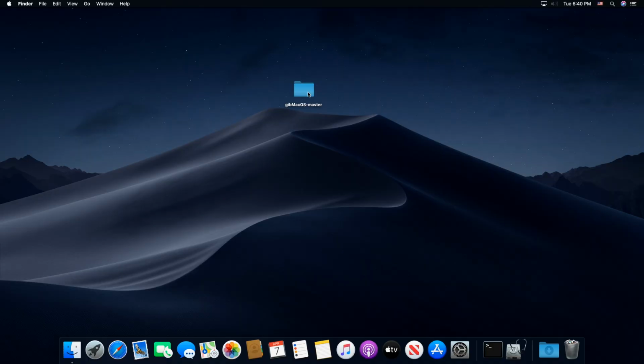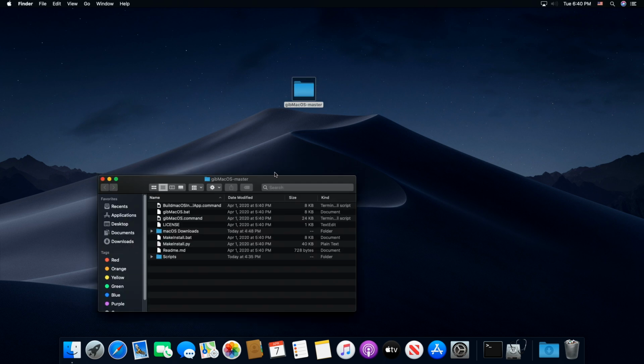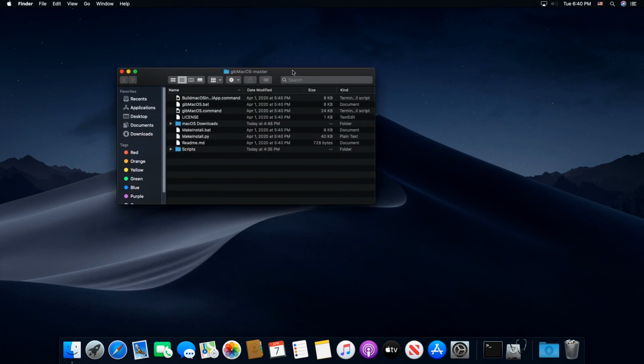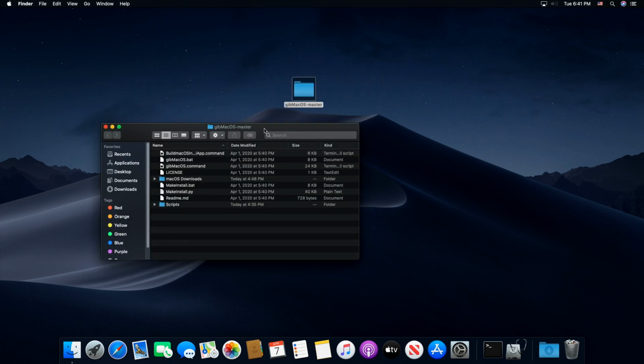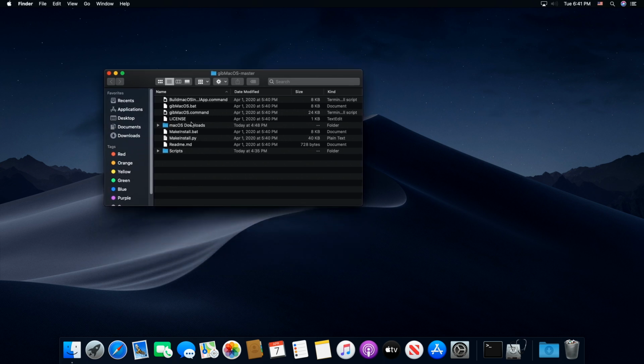Okay guys, so let's open up this folder and see what's inside. So what we have here is a couple of programs we're going to be using. This particular folder will work on Windows or macOS, but we just use different commands. So what we're interested in doing right now is downloading the macOS software. So right here we want to open up